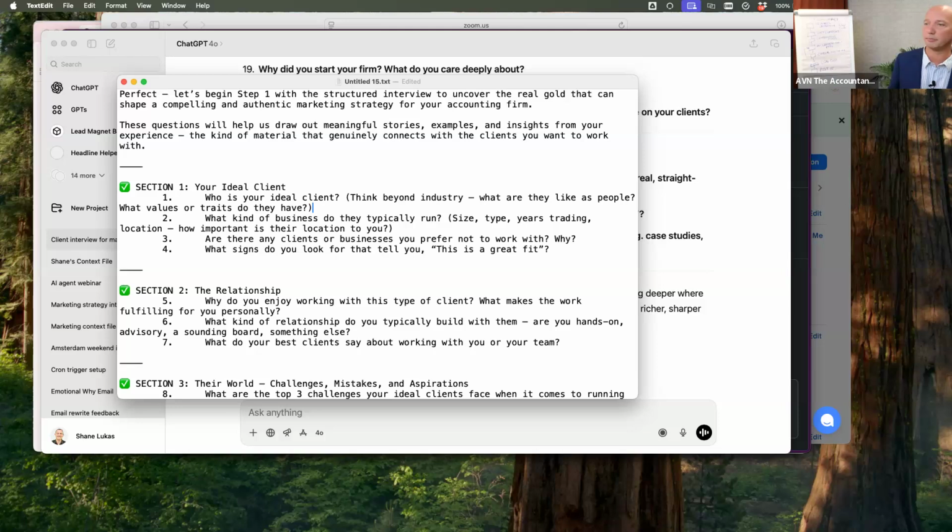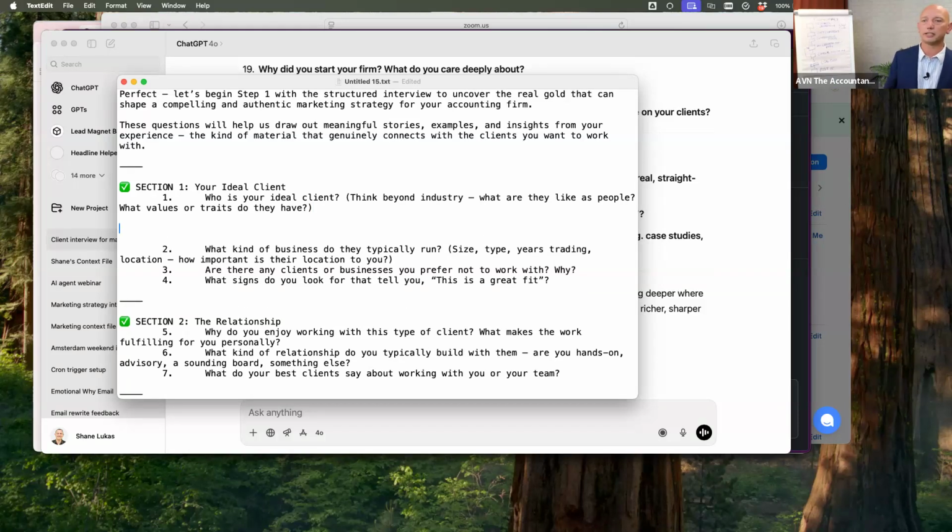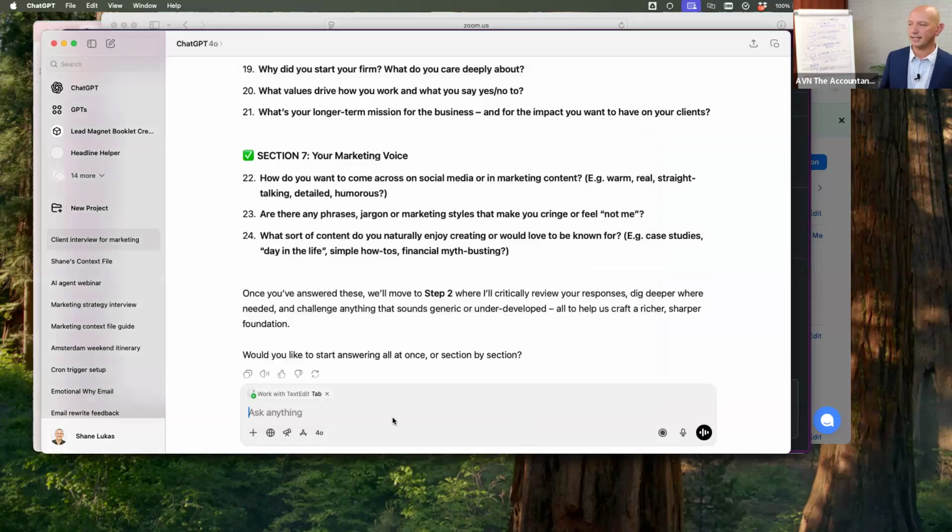You can leave the existing stuff in place, it doesn't matter, just put a few returns in there. And then you can just answer your questions as best you can. Once you've done that, copy and paste the lot back into here. The next step is to critique it. It might challenge you on a few things. So, I don't think you've been very detailed here. Maybe you've been too broad on the ideal client, because obviously the more focused you can be on your ideal client, the more people are going to resonate. When you're trying to talk to everyone, nobody's listening. So those types of things are really important.